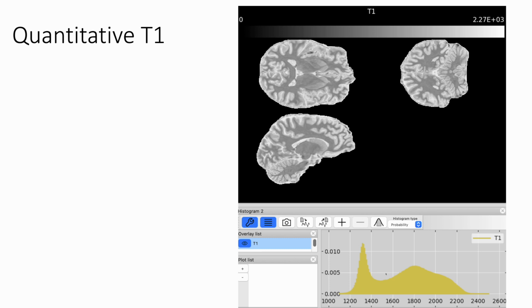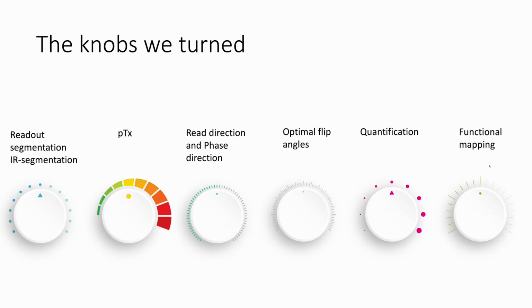We have a nice white matter peak and a gray matter peak. So you can use it for whatever reason you might want to have quantification. For example, if you want to use it as a marker of inflammation, it's quantitative. Let's use it also for functional mapping, because it is EPI, so we can do functional mapping of